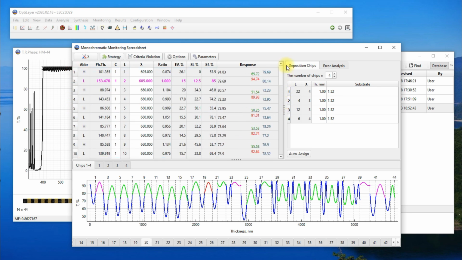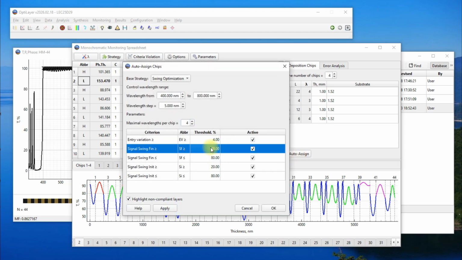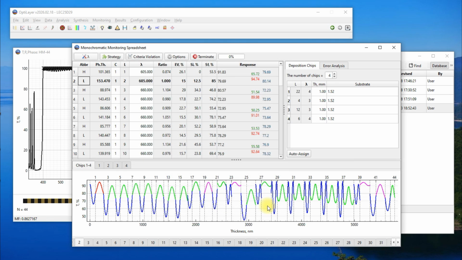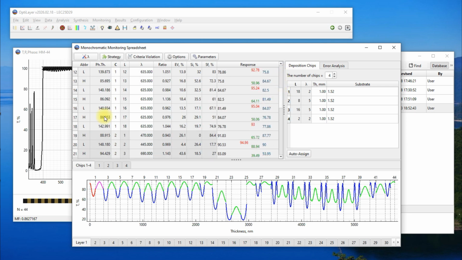Let's try one more experiment. Click the Auto Assign button and change the lower and upper limits for the swing fin and swing in values to 15% and 85% respectively. Also set the maximum number of different monitoring wavelengths on each chip to 6. Click the OK button. The created monitoring spreadsheet now suggests 4 monitoring chips, with layers 1 through 18 monitored by